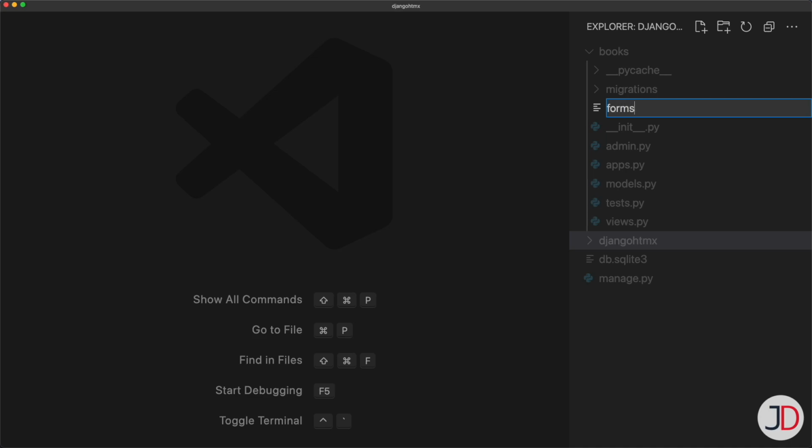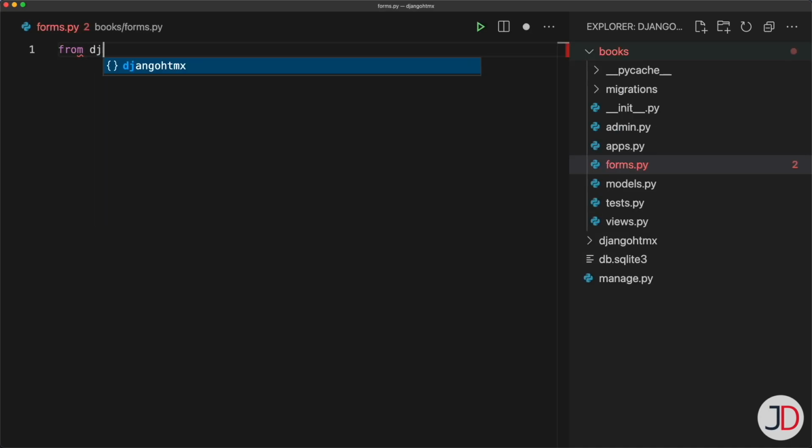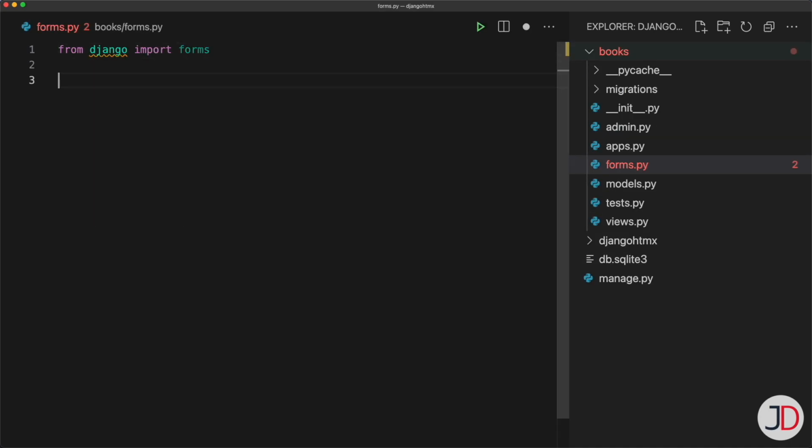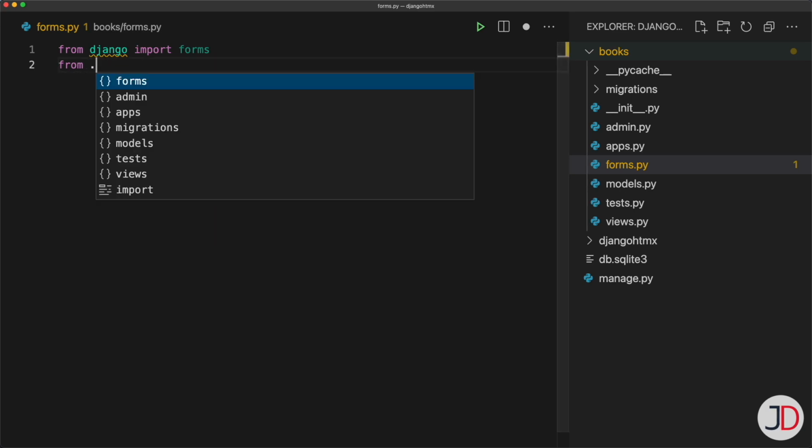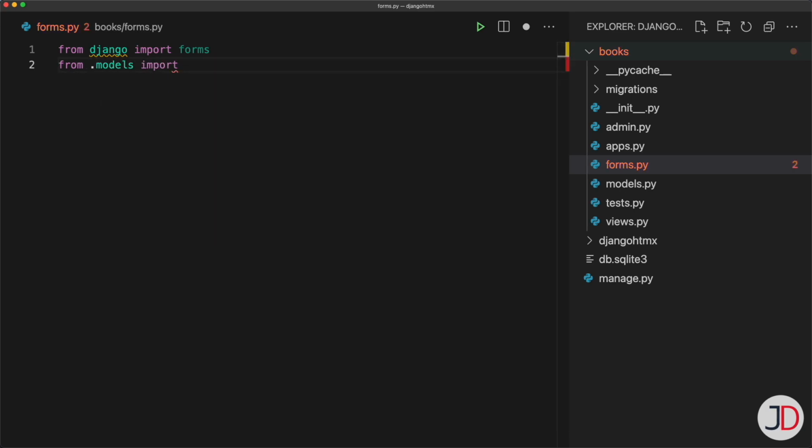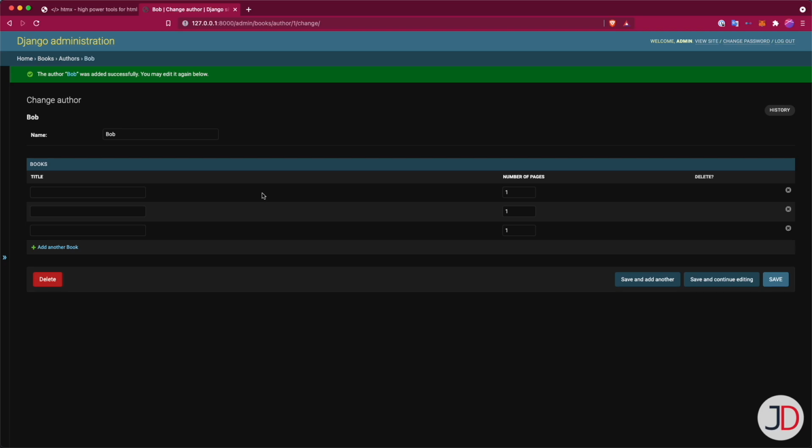We're going to create a forms.py file, and we'll say from django import forms. And then here we'll also need our models. So I'll import the book, and we're going to create a form set to create as many books for an author in exactly the same way that it functions over here. So the idea would be that you can add books and then save, and it saves all the books that